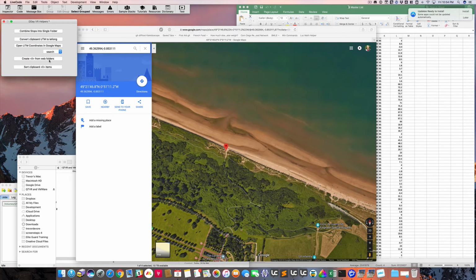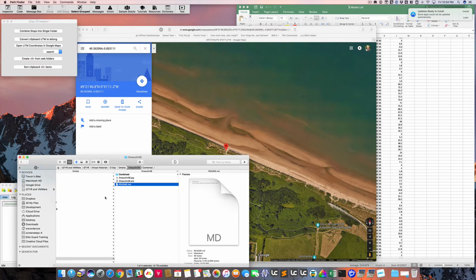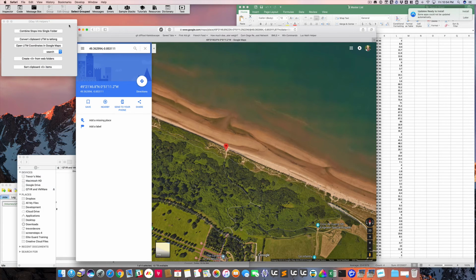So I also have some other tools that help me create a web page. I can take all the images I create, and LiveCode will alphabetize all the list items for me when I put them onto a web page. But that saved me a ton of time. It's just one of the cool uses of LiveCode, where